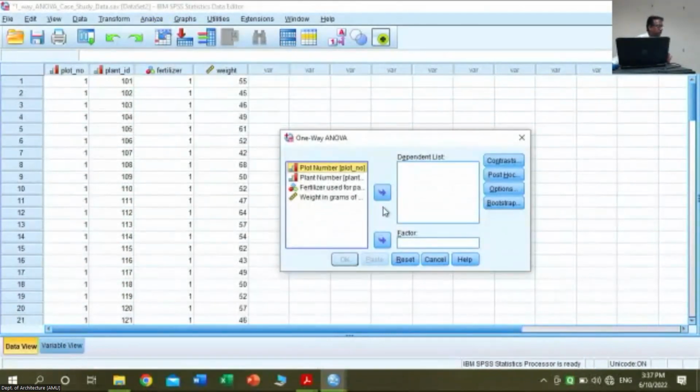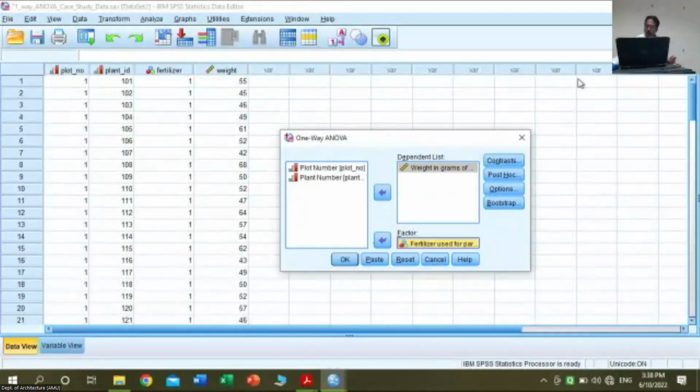डिपेंडेंट वेरिएबल क्या है आपका, जल्दी से बताएं. नहीं, प्लांट्स नहीं होगा, वेट होगा. वेट को तो चेक कर रहे हैं, मीन वेट तो चेक कर रहे हैं. इसीलिए मैं बार बार आपसे पूछता हूँ कि जो चीज है वो क्लियर होनी चाहिए. अगर आप प्लांट डाल देंगे तो फिर रिजल्ट नहीं आएगा. Actually we want to check mean weight of plants in different plots are same, and not with respect to fertilizer used. ठीक है, तो डिपेंडेंट वेरिएबल क्या होगा, वेट इन ग्राम्स हो गया. ठीक है, फैक्टर्स क्या है, फर्टिलाइजर. वेरी गुड,